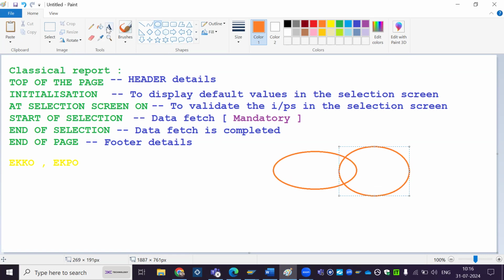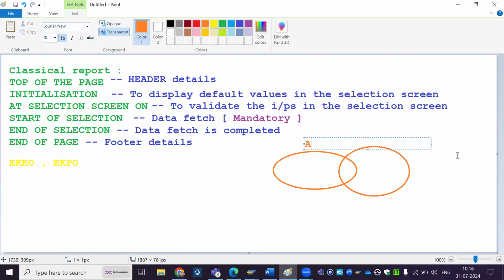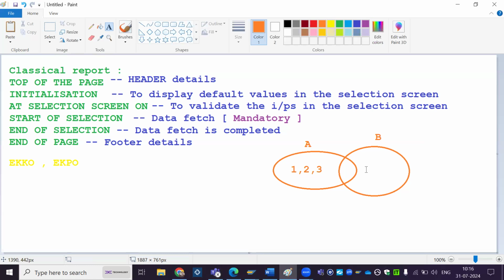Suppose this is table A, and this is table B. In table A, we have 1, 2, 3. In table B,